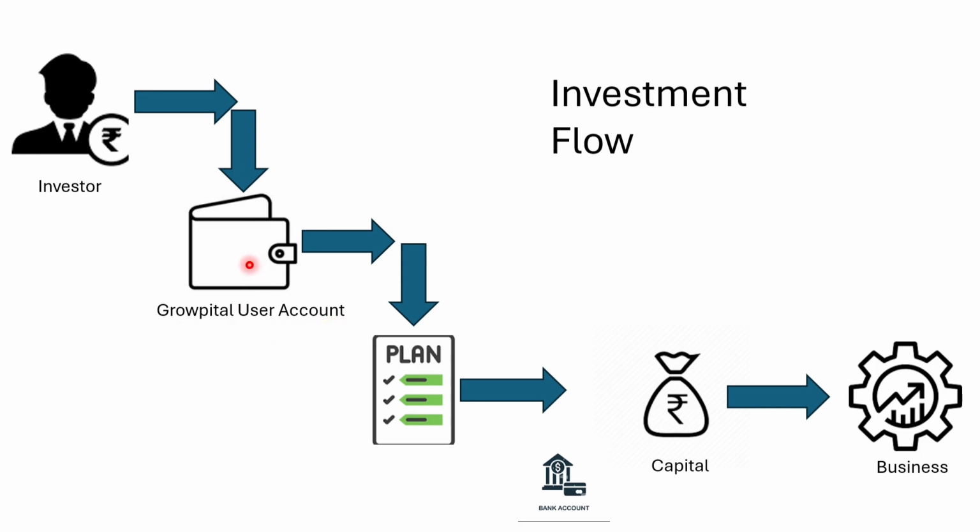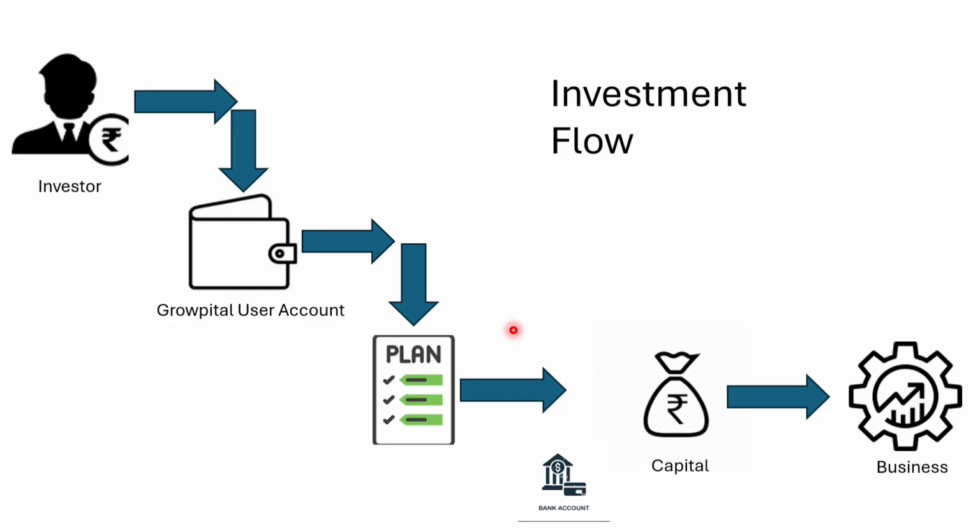This is just a software concept where it displayed whatever money you have put into the system. From there, you used to invest in a plan, and there were several different plans offering various kinds of returns. Once you invested in a plan, that became your capital contribution in that plan, because several other investors would also invest in this plan and therefore contribute to this capital out here. So you have a share of the capital over here. And then this money was invested in the business by Growpital, and that's how the business was run.